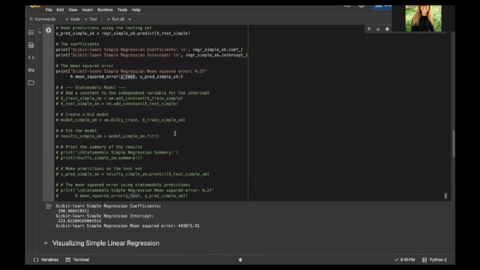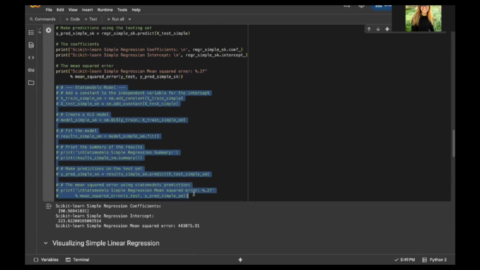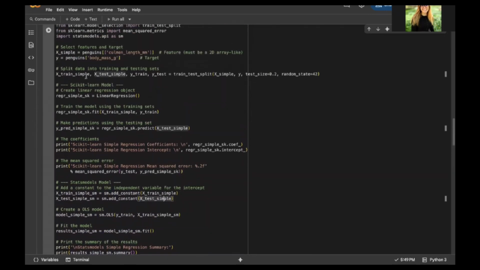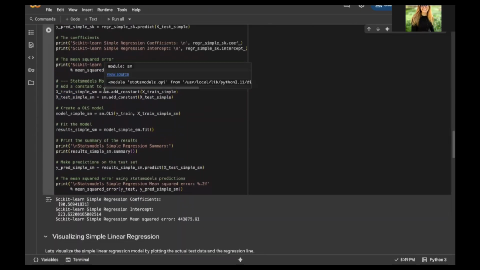And what I want to show you is how we can build that same model, but using the Statsmodels module. I'm going to go ahead and uncomment this piece out. And we still have our x train, x test, right? Same data from up here. Our y train, y test as well. Now we're going to be using this